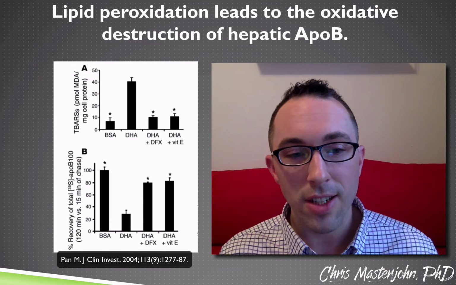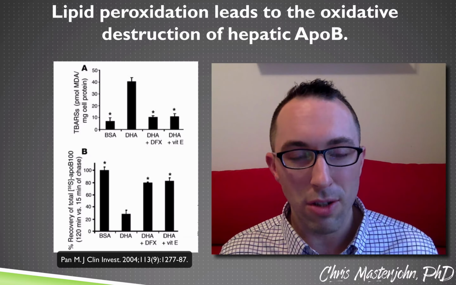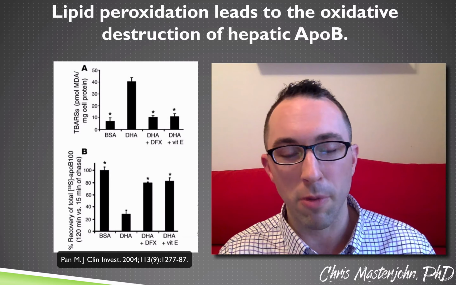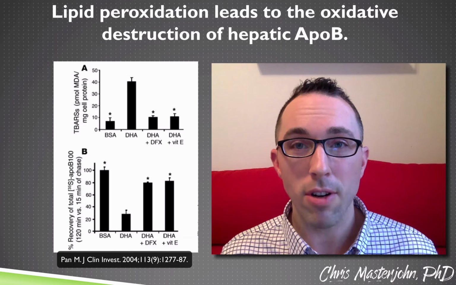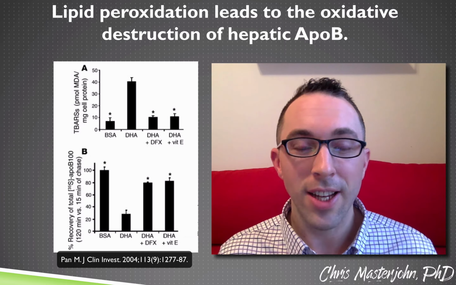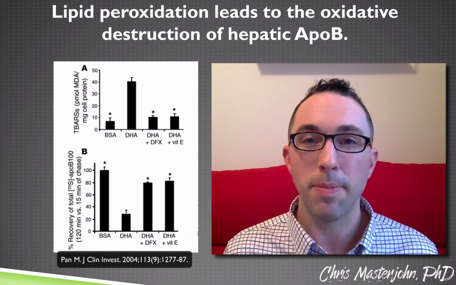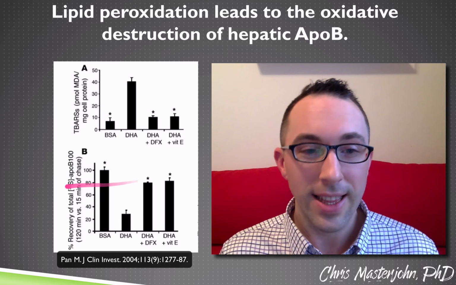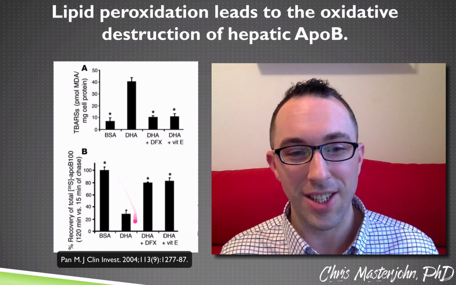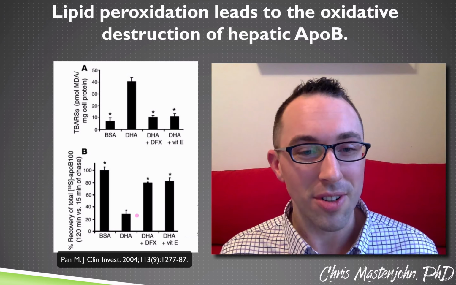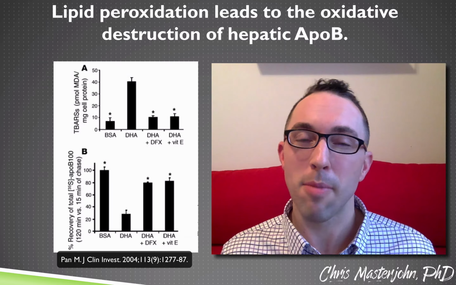And in fact, although we shouldn't read too much into the correspondence of this study and the one I showed you before, it's pretty remarkable that in humans with NASH, ApoB secretion is decreased by about 3/4, and in this experiment, lipid peroxidation decreased ApoB secretion by about 3/4. So the parallels are pretty remarkable.